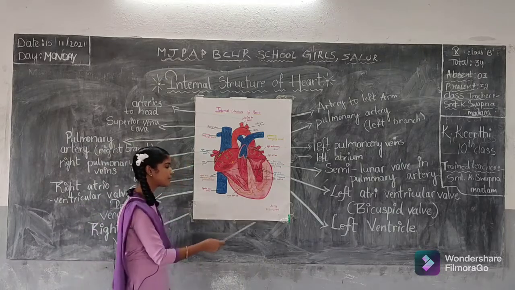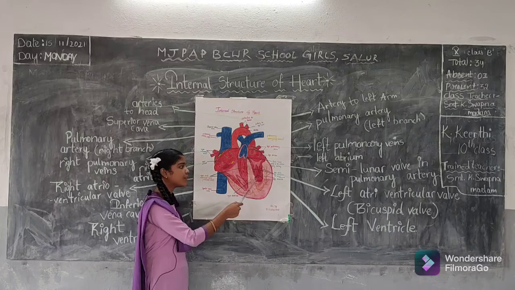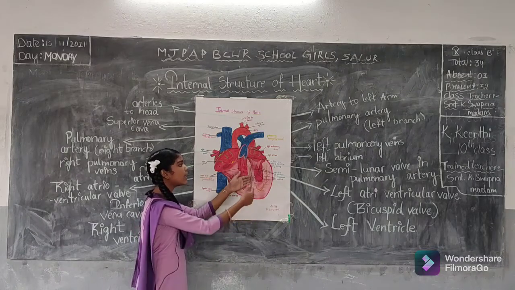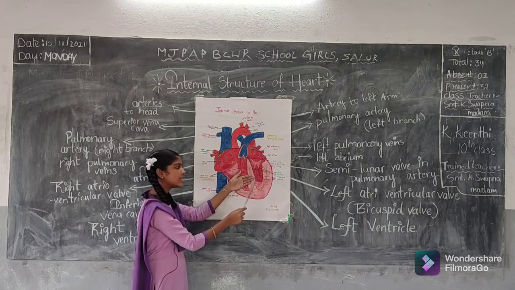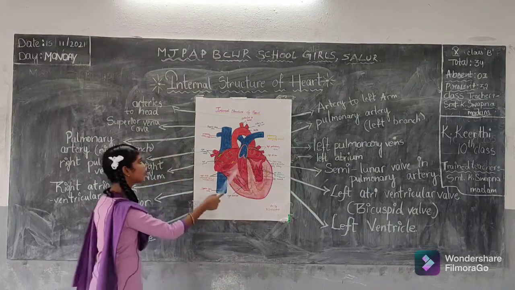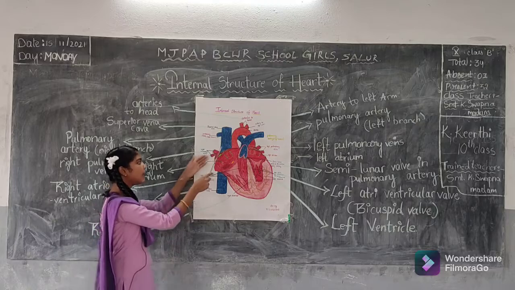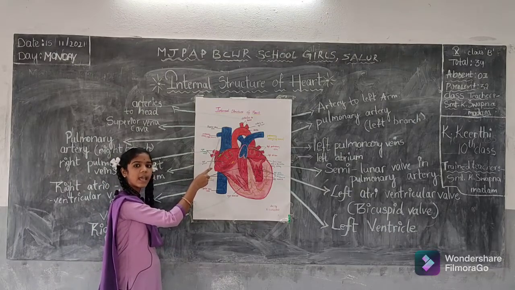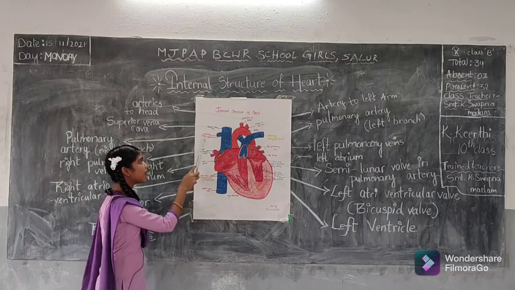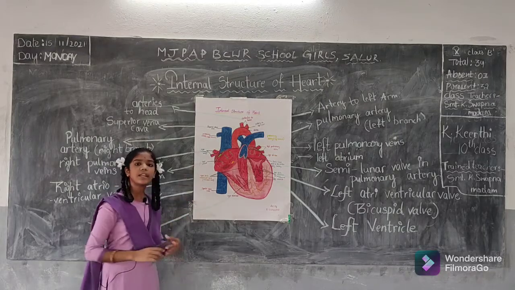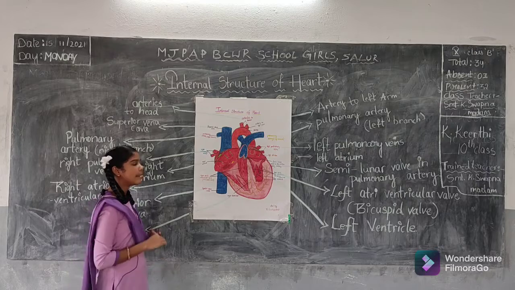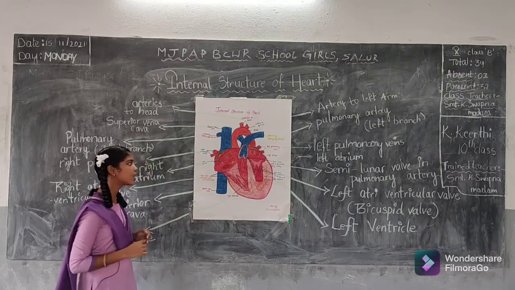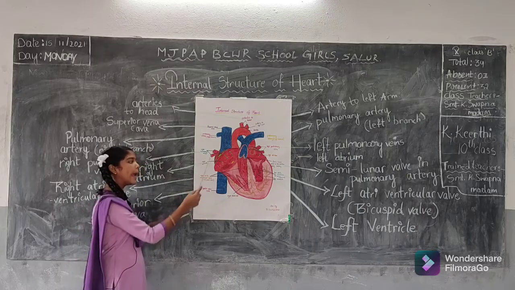Next, the left ventricle. This is also one of the chambers of the heart, on the left side. It is located in the left side posterior chamber. Hence, it is called the left ventricle. Next, the superior vena cava. It collects deoxygenated blood from the anterior parts of our body such as the head and neck. This is the pulmonary artery. It brings deoxygenated blood from the heart to the lungs. Next, these are the right pulmonary veins. They carry oxygenated blood from the lungs to the heart.